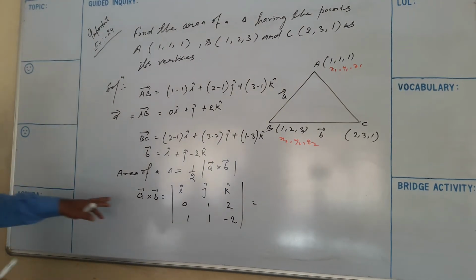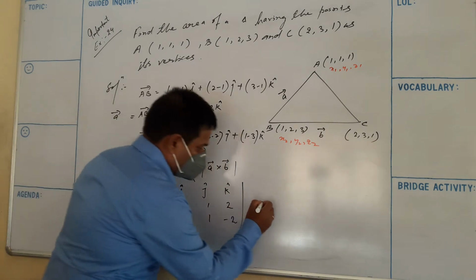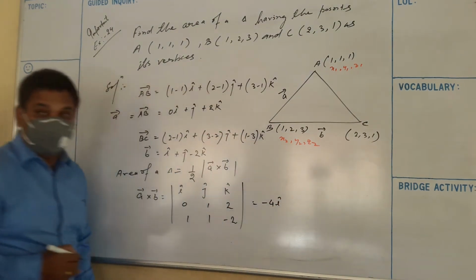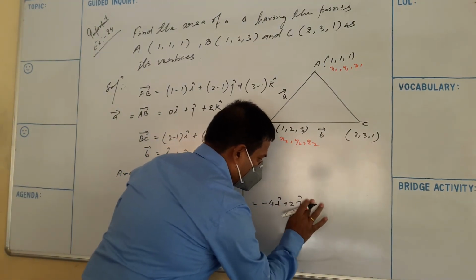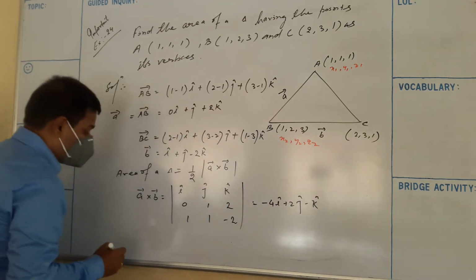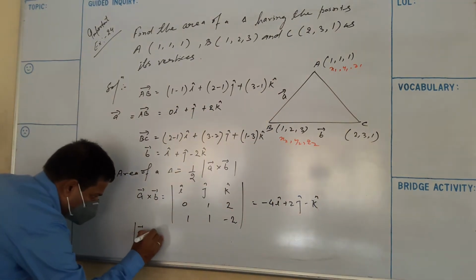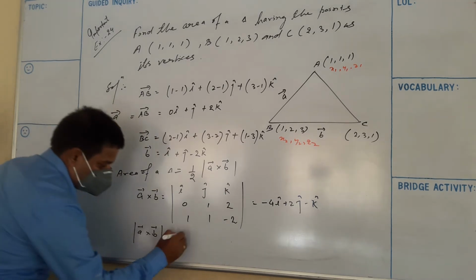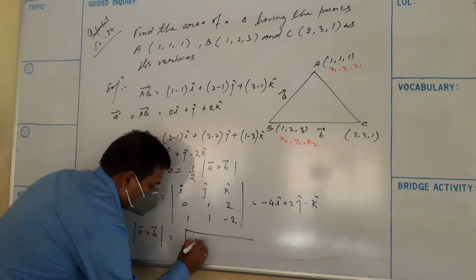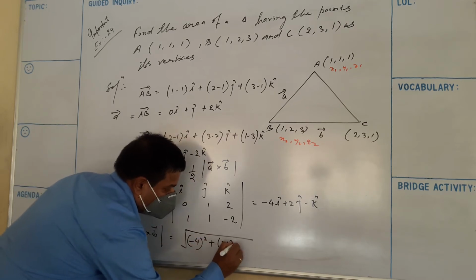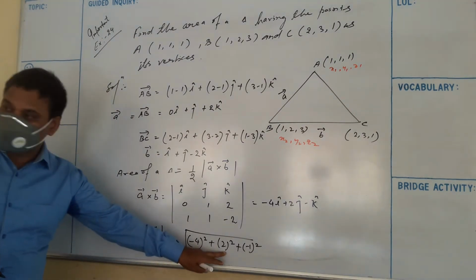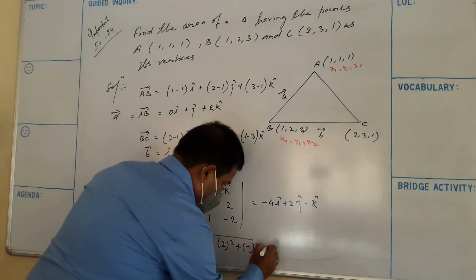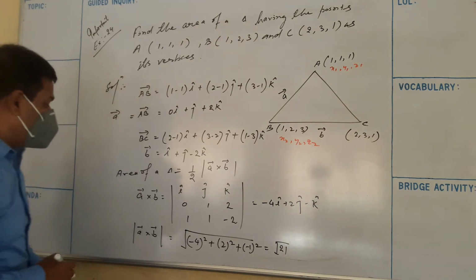Tell me vector A cross vector B. Minus 4i plus 2j minus k. Now find out mod of vector A cross vector B. Minus 4 square, 2 square, minus 1 square. So how much is coming? 16 plus 4, 20 plus 1, 21. Root 21. So area of a triangle,